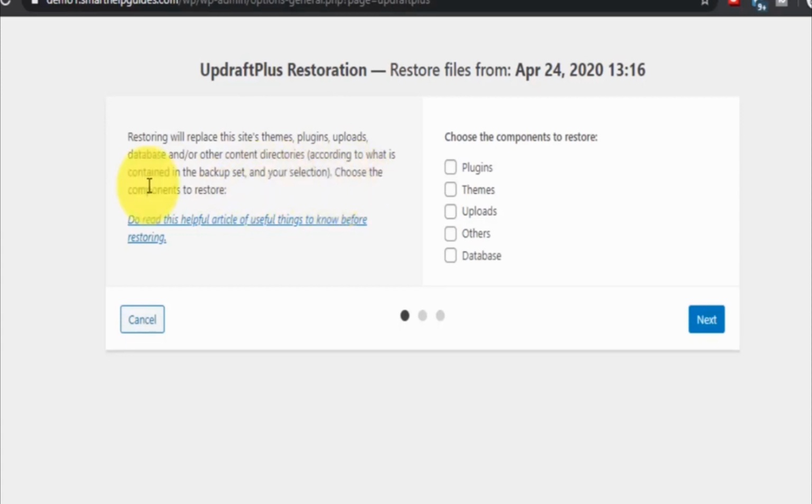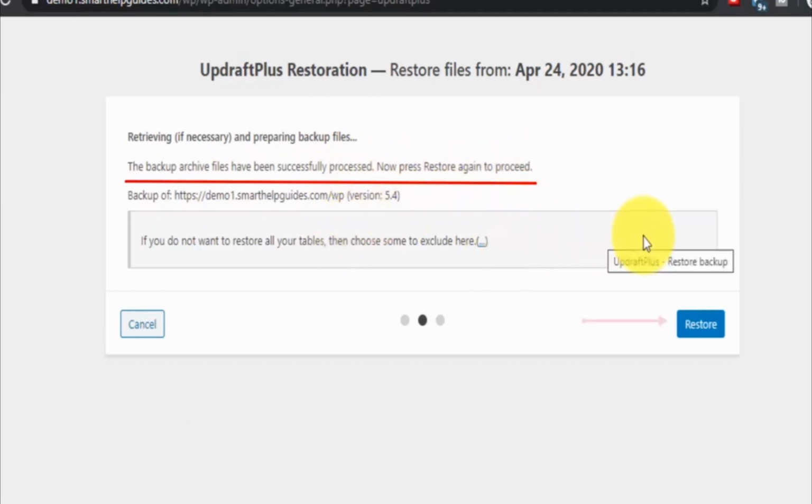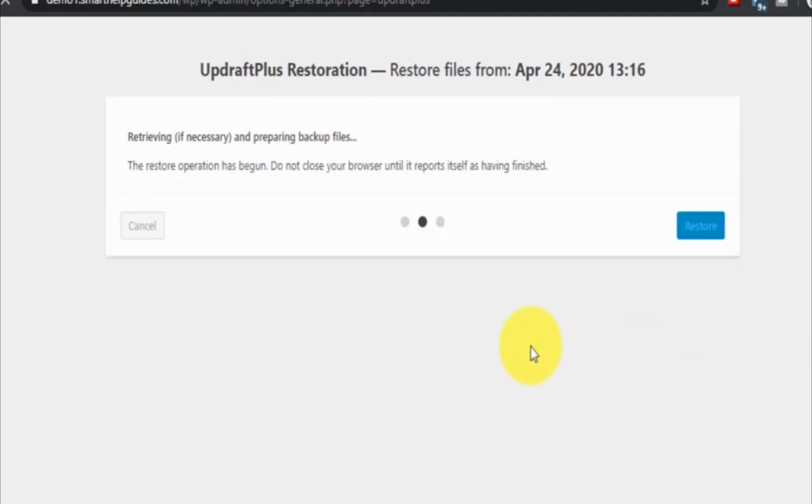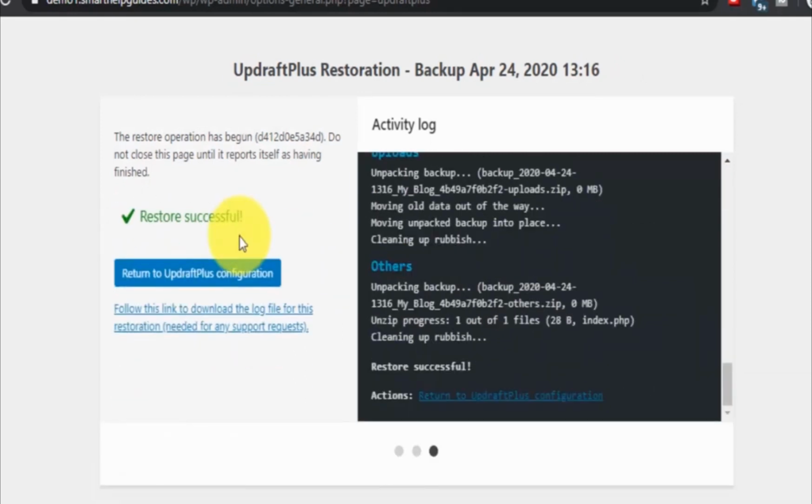So I am clicking on the checkbox. Then click on next. Then click on restore. Restoring.